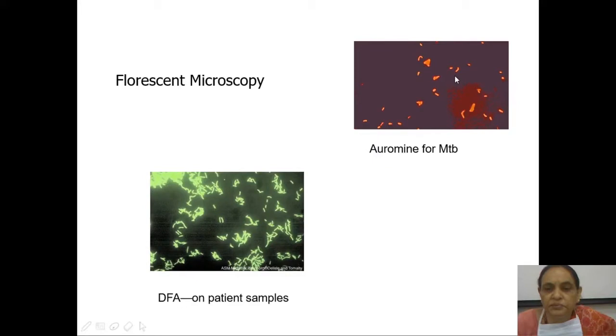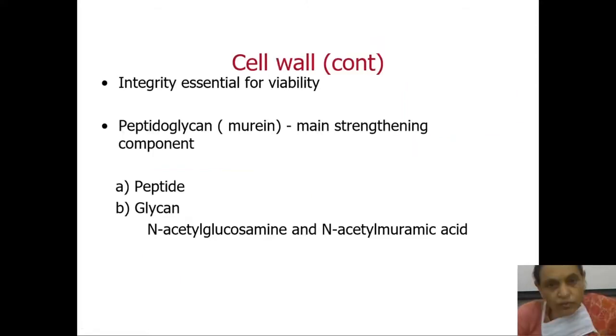So now the cell wall. Coming to a little bit of description. So we have understood what is the importance of the cell wall. We have understood it is the most important factor in determining the gram staining reaction. And the gram staining reaction is not just merely one test of the lab. This also determines the susceptibility to antibiotics depending upon the structure.